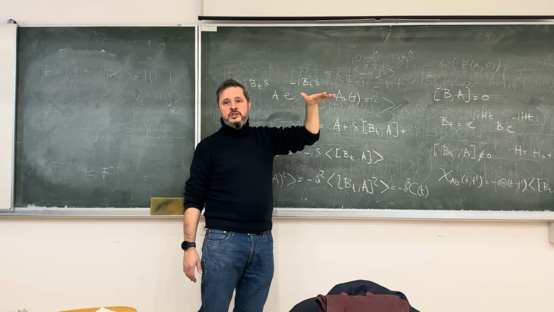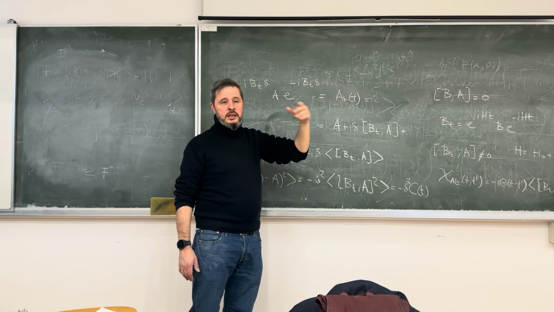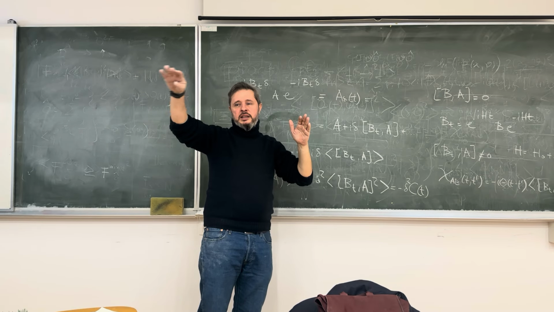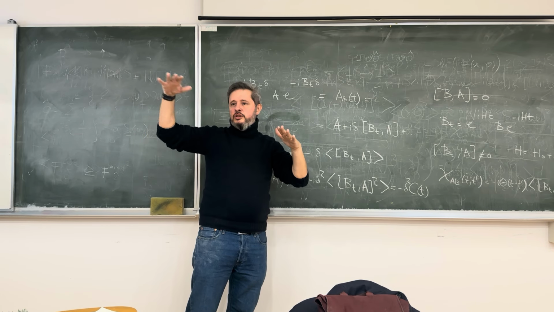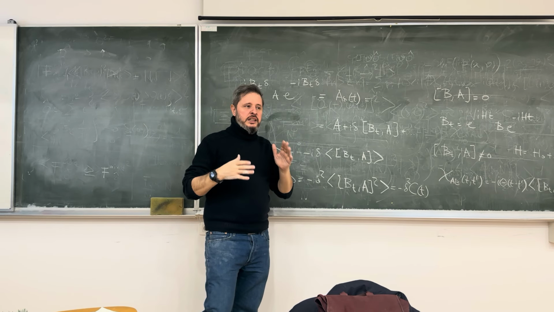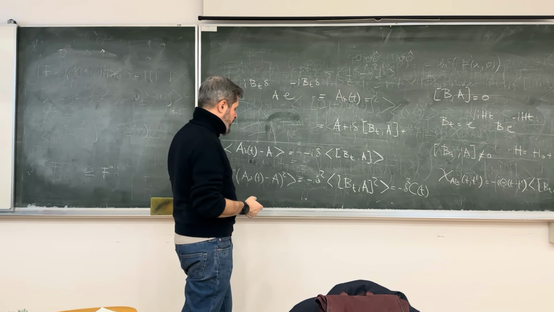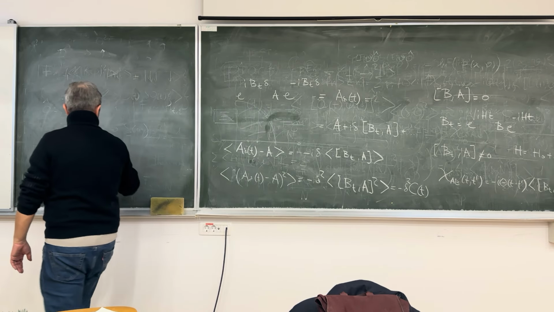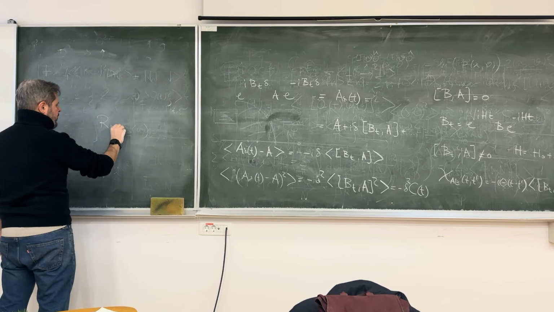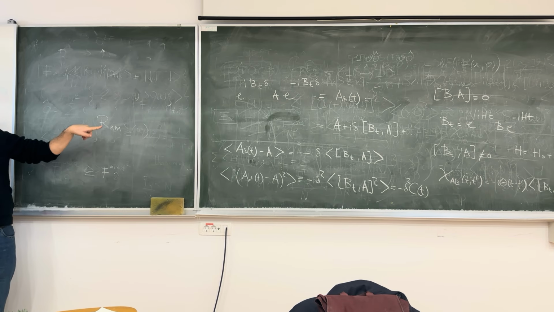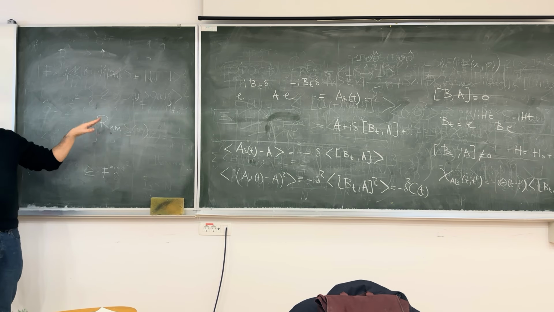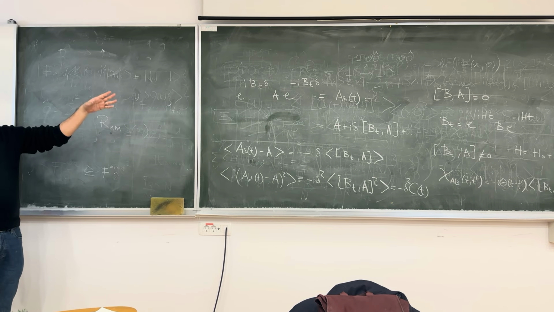Eventually, the OTOC saturates to some value. And the last part of the dynamics is something that you can actually obtain from ETH by assuming ETH, in the sense that you assume that your matrix R_nm is not only... I mean, you don't know just the statistics of this matrix element, but you assume that it's a Gaussian random matrix. If you assume that it's a Gaussian random matrix, you can use ETH to do all